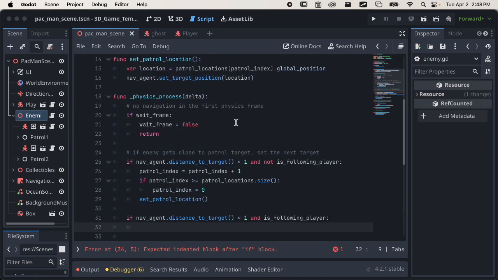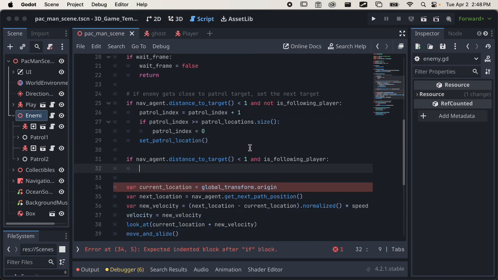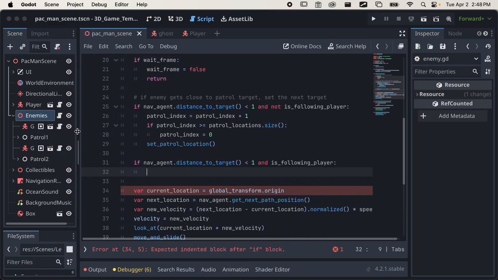So to do an end game, essentially what I'm going to do is just boot the player back to the main menu. This is just to save time, but obviously you could have a separate menu that says you died. You could reset the level. There's a lot of different ways you could deal with this. So if you have a different method that you want to deal with, let me know and we can do that. Okay, so what I'm going to do